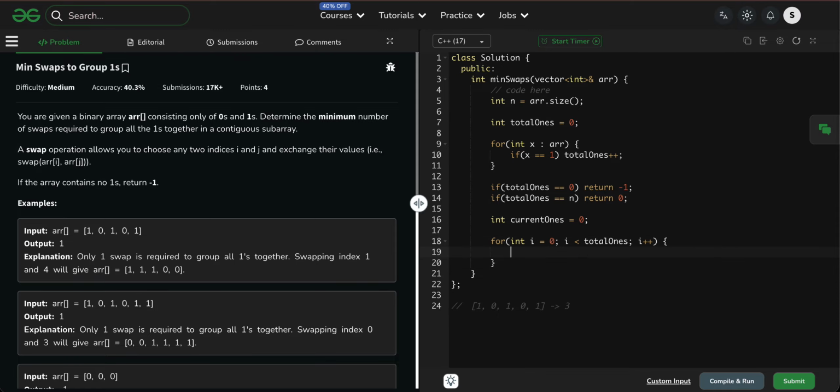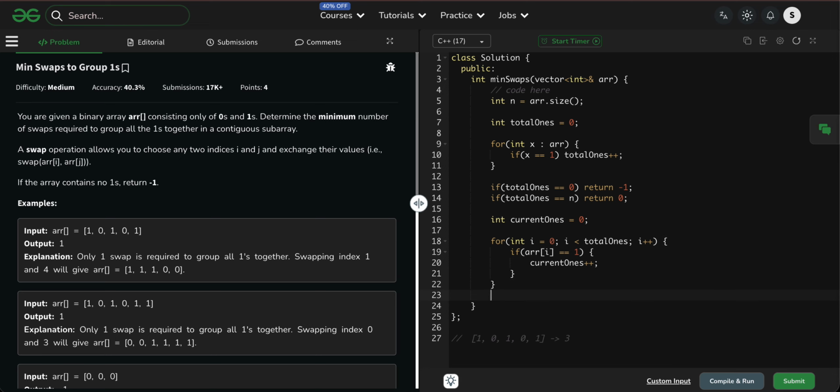Now here if array of i is equal to 1, then current ones plus plus, right.